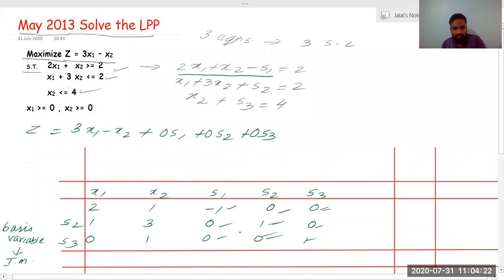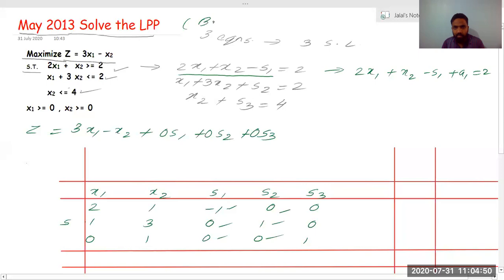So the problem that we are facing is we cannot add S1 because it is having minus 1, 0, 0. So what do we need to do? We already know this thing. Whenever there is such a case, we have to add an artificial variable. So this equation will become 2x1 plus x2 minus s1 plus a1 is equal to 2. Whenever we add this plus a1 artificial variable, that method is called the big M method, or it is also called the penalty cost method. So we are going to solve this LPP by the penalty cost method, not by basic simplex.